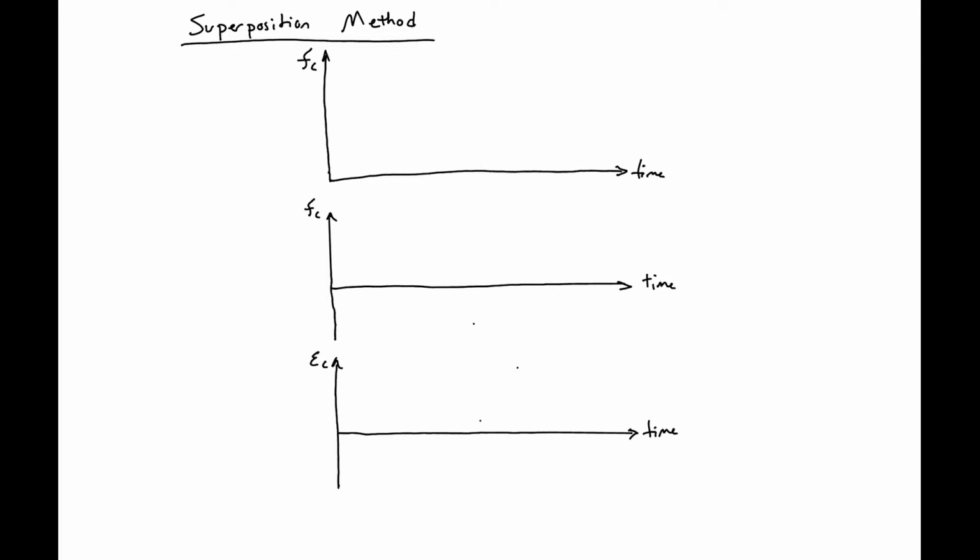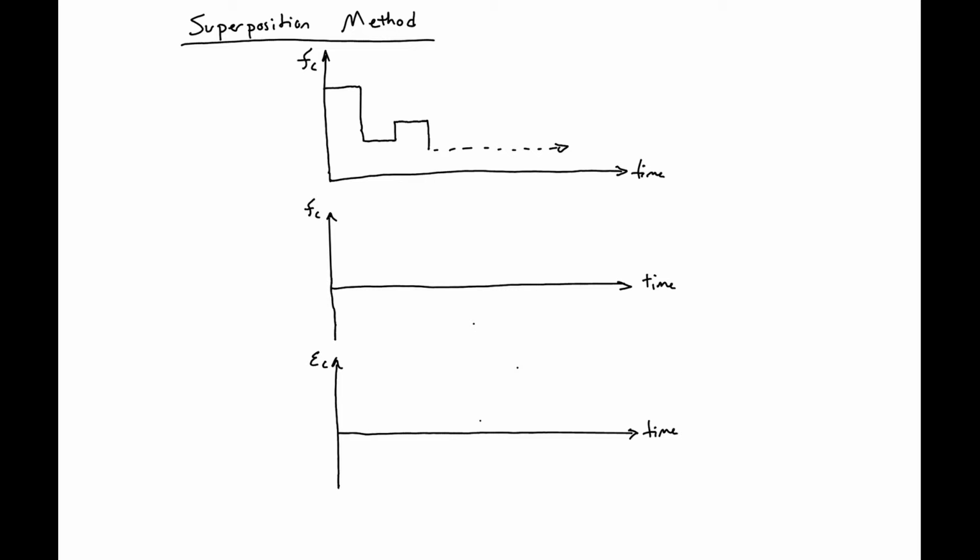When using creep, we're going to need a few more tools in our toolbox, and one of them is the superposition method. So the superposition method is a method to try to account for stress histories that may not be so kind. So let's say that we have some stress history like this, where we have some stress initially applied and then drops down to another stress, and then it just kind of continues on in some